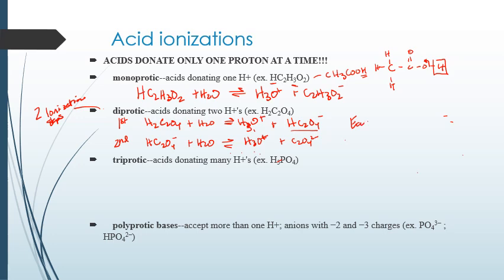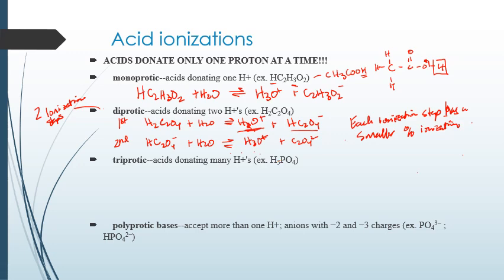So each ionization step has a smaller percent ionization. Okay, and that's due to Le Chatelier's principle, having the extra H3O+ still in solution from the first ionization step. So if we look now at the final one here with a triprotic acid, we have H3PO4 as